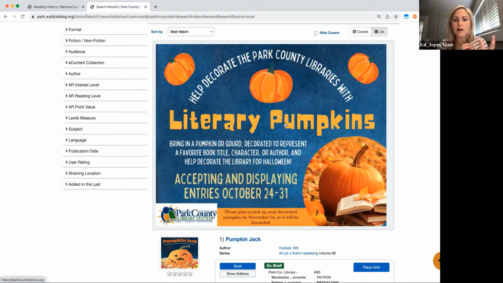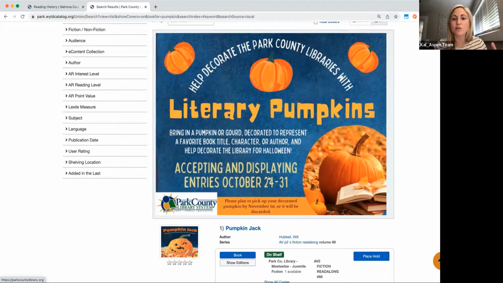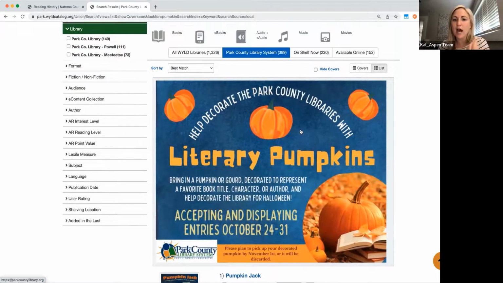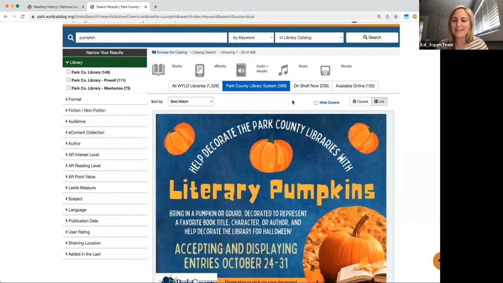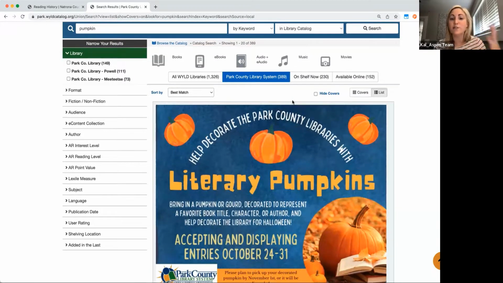These can be set on a timeline to expire. For example, if this is not applicable to your users when they search for pumpkin in November or December, this can be set to only show for a certain time frame. It's also tied to specific keywords. I didn't write down all the keywords that this one's tied to, but your library staff can set them. So maybe if I search fall or Halloween, or decorate or character, this one might pop up.